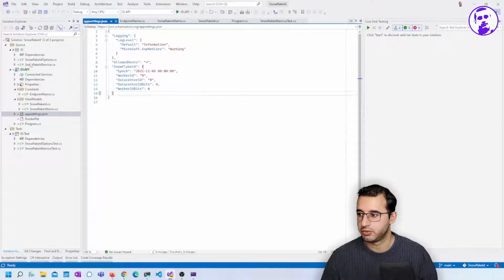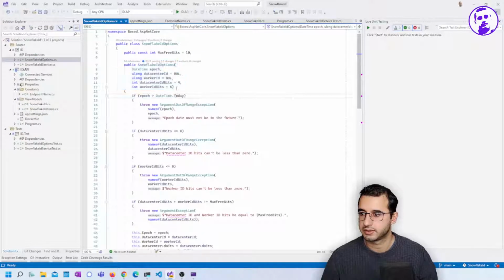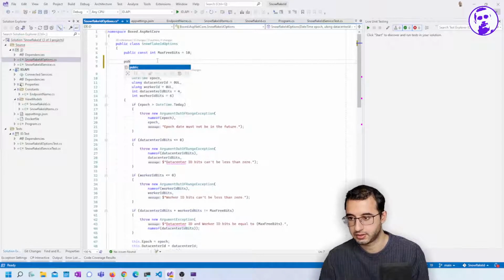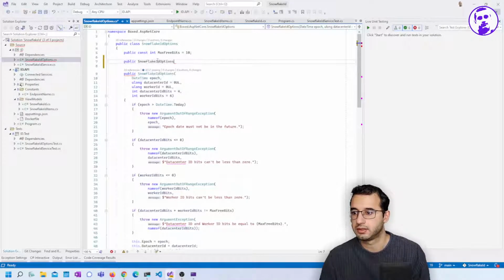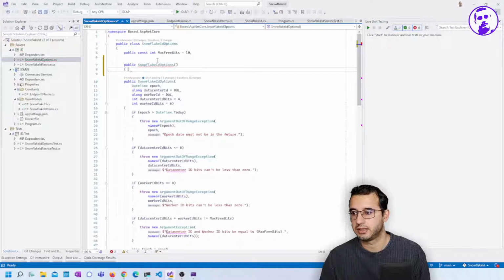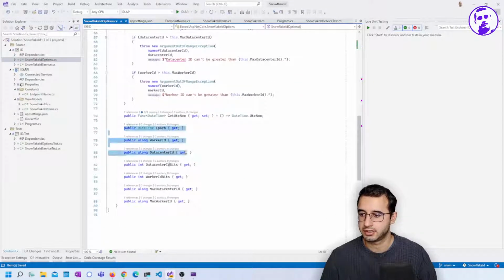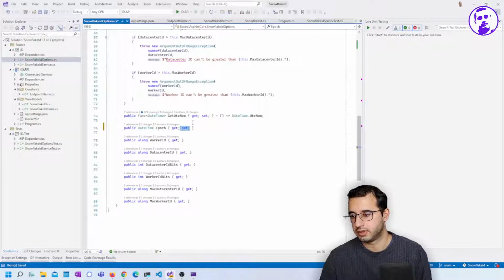So I think we should rework it. Let's think about that for a second. I could provide a parameterless constructor, but then the next problem we're going to run into is that these are just getters and not setters as well. So although I didn't want to do that,